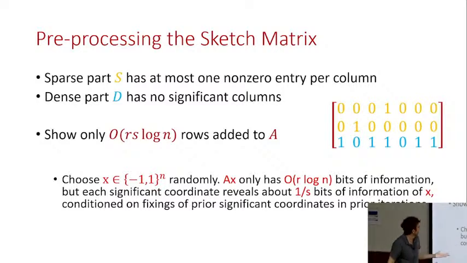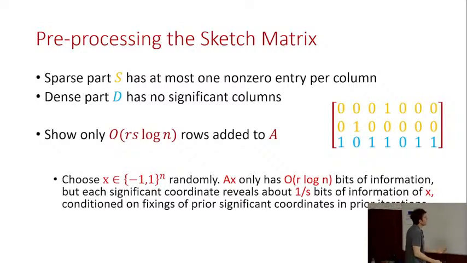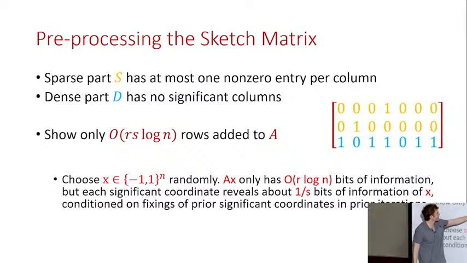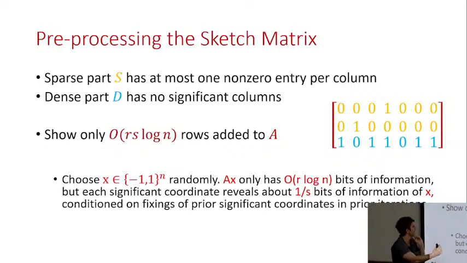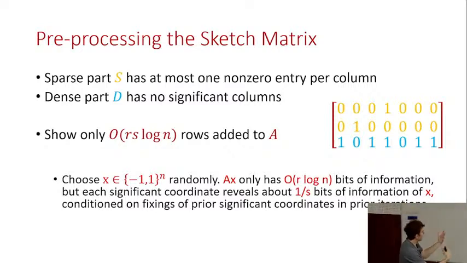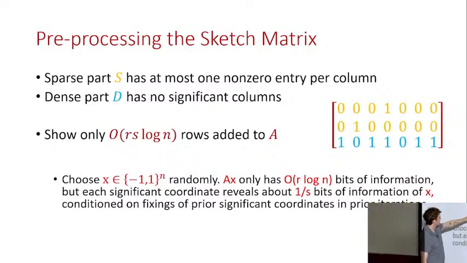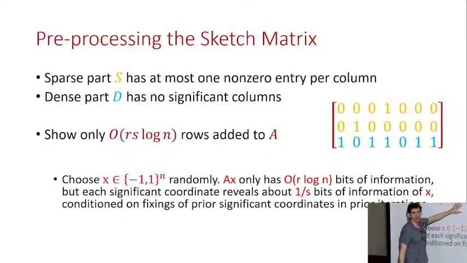So this could, in theory, go on forever, but we show that actually it terminates after R times S log n rows have been added to A. Some notation, R was the original sketch size. S was this significance parameter. Remember that you're a 1 over S fraction of the norm of what's left. So we blow up the sketch size from R to R times S log n. S is going to be polynomial in R.